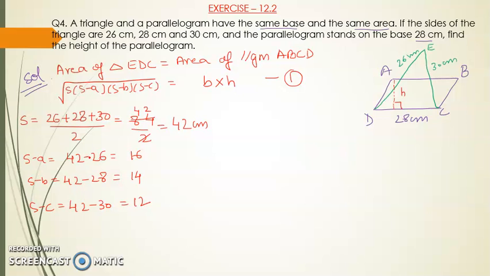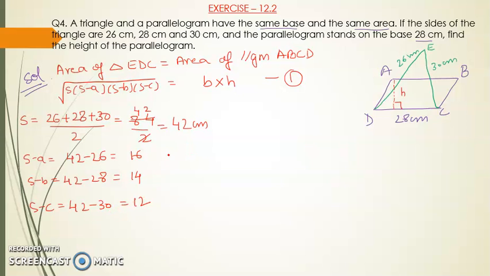6 and 6, 12, carry plus 1, 2, 3, 4, correct. 28 and 14, 8 and 4, 12, carry plus 1, 2, 3, 4, 42, correct. 30 and 12, 42. Hope you have followed, students. All these tricks you should know, students. Okay, this is not a trick, it is a concept. 32 plus 12 is 42, so my subtraction is correct.